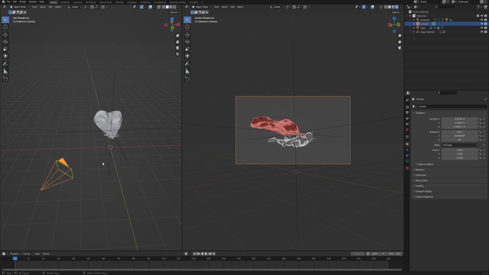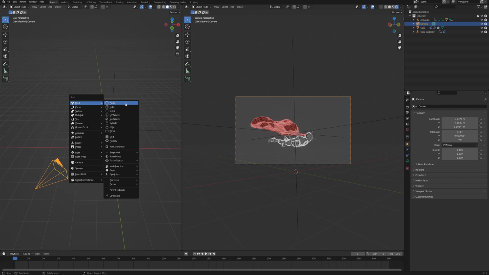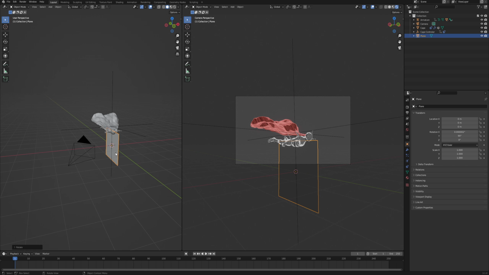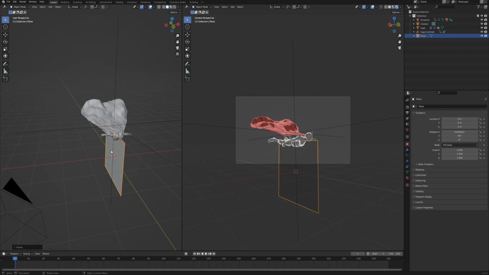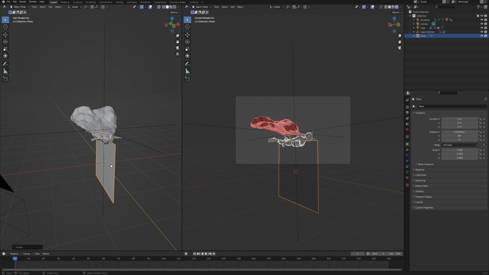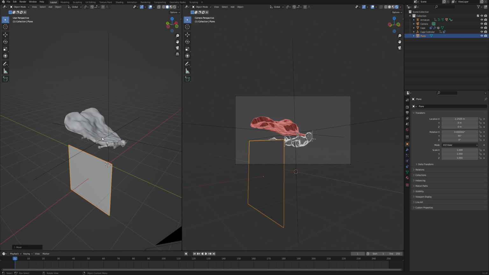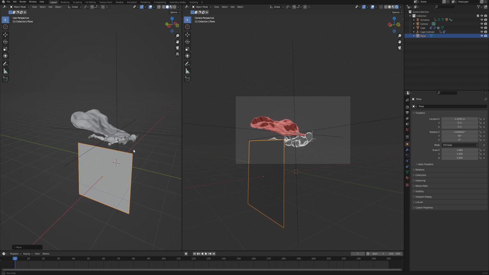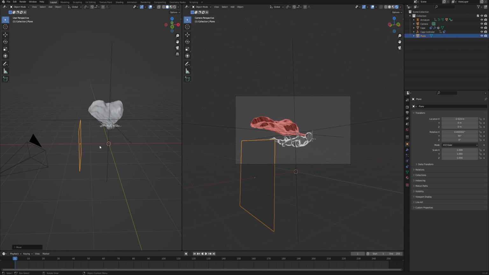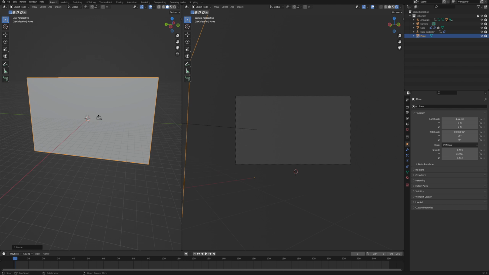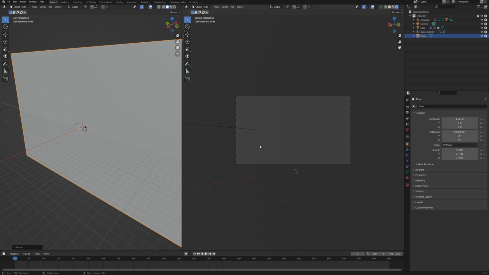And now we can use this second view back to the viewport, where we will be constructing our background. So first Ctrl A, Mesh, Plane, and also let's rotate it by 90 degrees so that it's upwards and also in the same alignment as our character, because those will be the planes that will have the action stripes on to give our character, our whole scene, a sense of speed and velocity. So we will position it in between the camera and the character, and then just scale it up. You can scale it up as crazy as you want. Just make sure that in the camera there are no empty spaces.